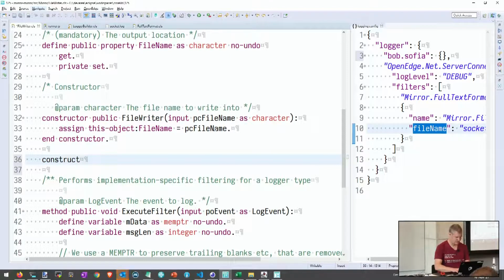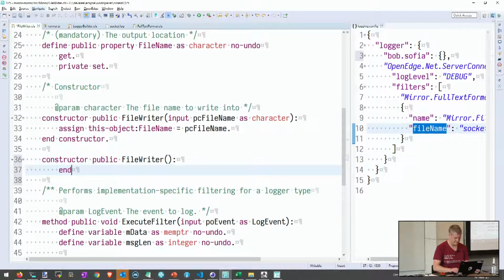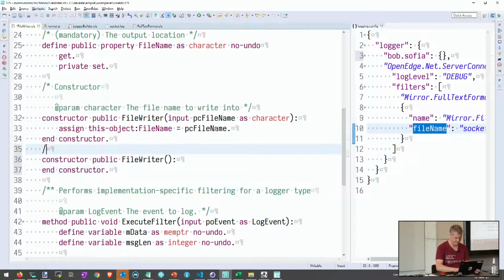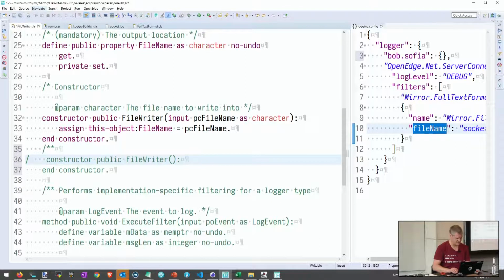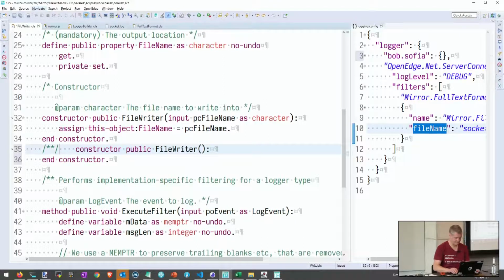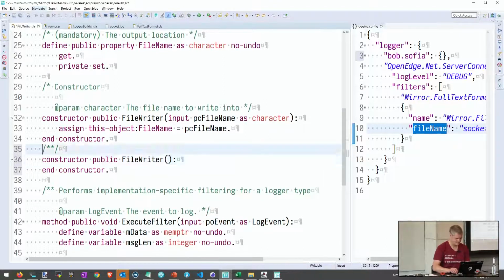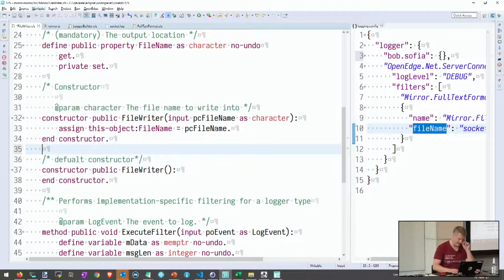Constructor, and it's going to have to be public. And I'm going to fix the spelling.